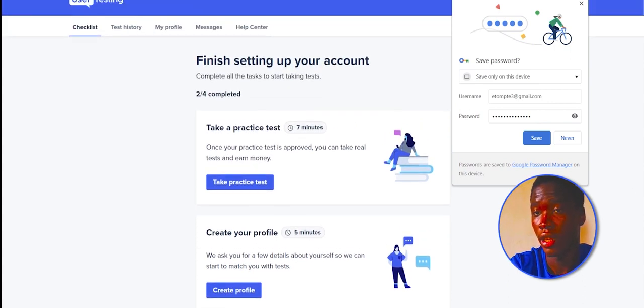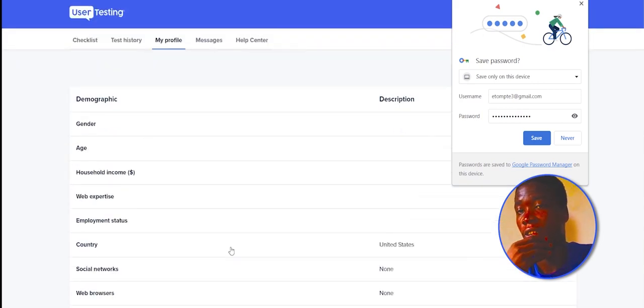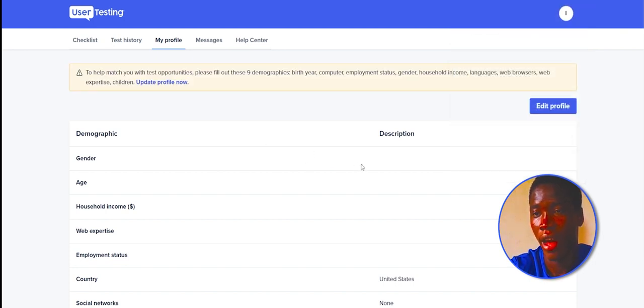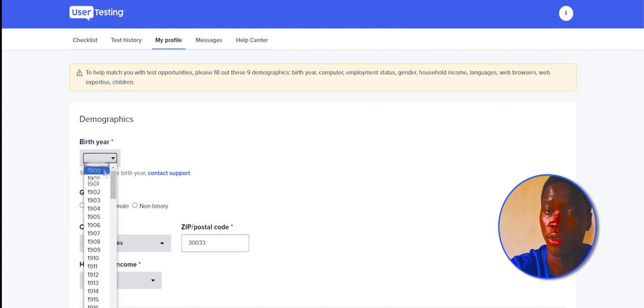And then the next thing that we need to do is create your profile. To create your profile, you just need a few things. It's not that hard, it's normal basic things like common sense. Demographics. So I was born in,